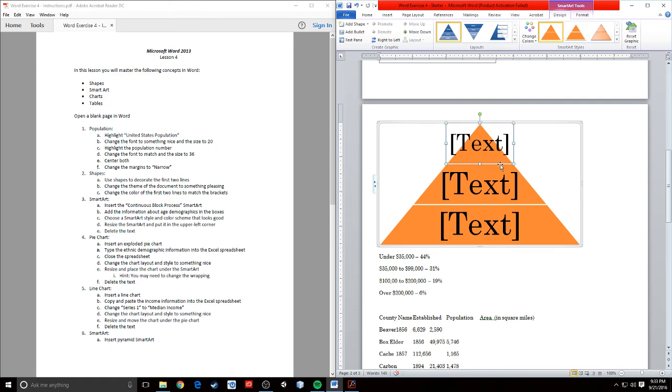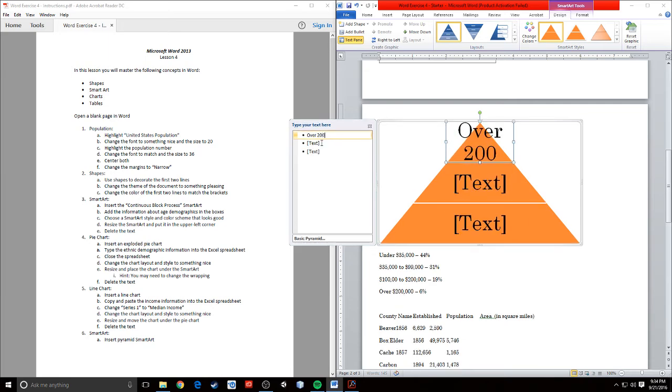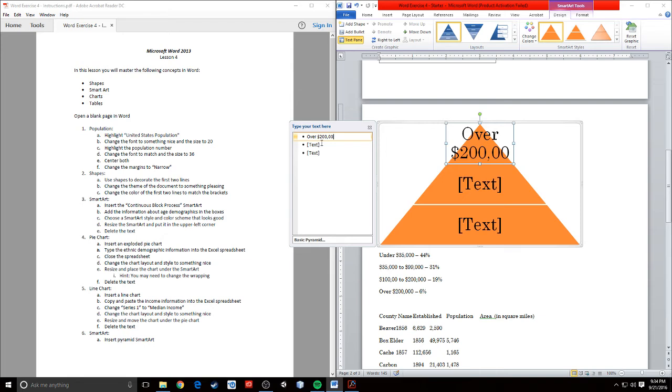So in this pyramid, we're going to use this to demonstrate the income brackets for Americans. The biggest is down here on the bottom, the biggest income bracket under 35,000, and then a little bit bigger, and then a little bit smaller, a little bit smaller, a little bit smaller. So we're going to click here so we can add our data. The one on the very top, we need the dollar sign, over 200,000. So individuals making over $200,000 a year,